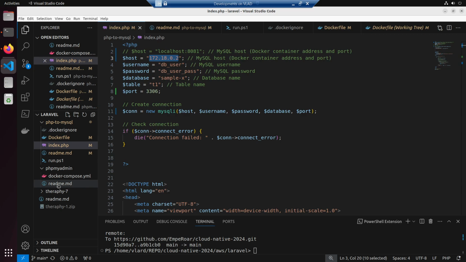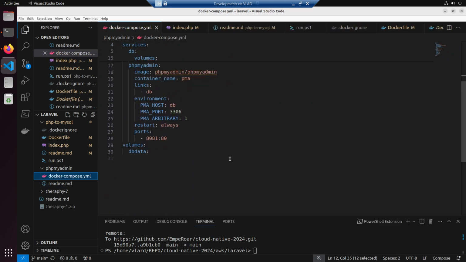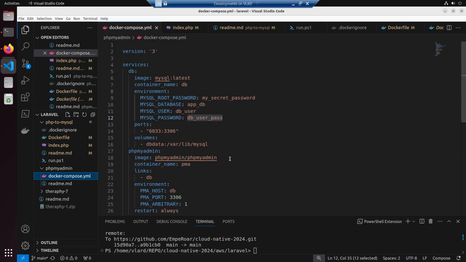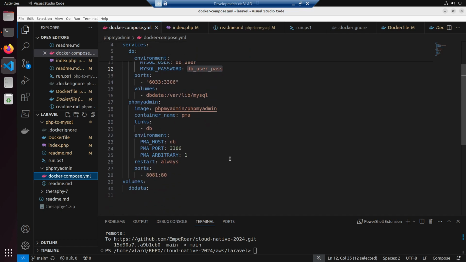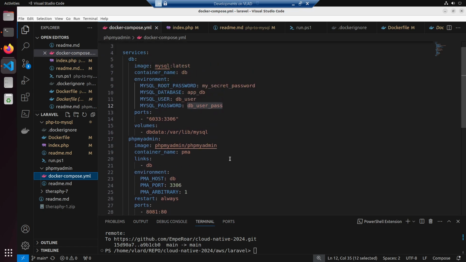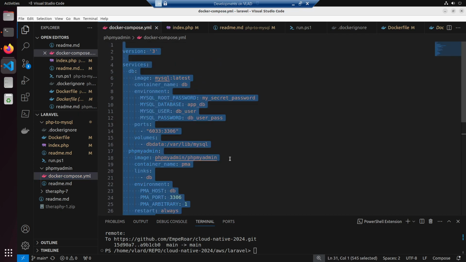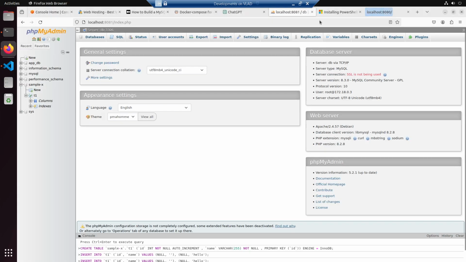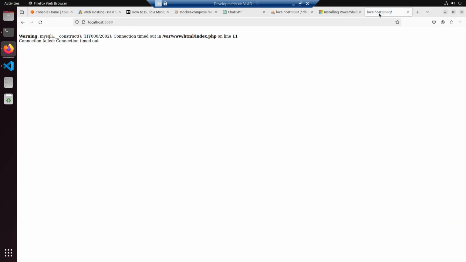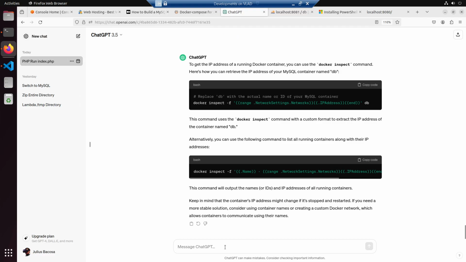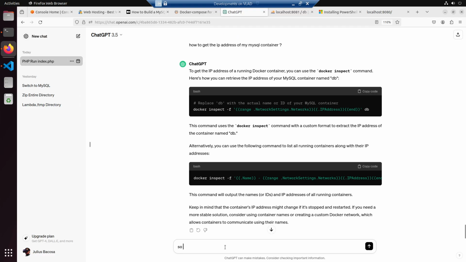It needs to be network, I believe. Is there a network here? Yeah, connection timeout because we can't network to it. So in this